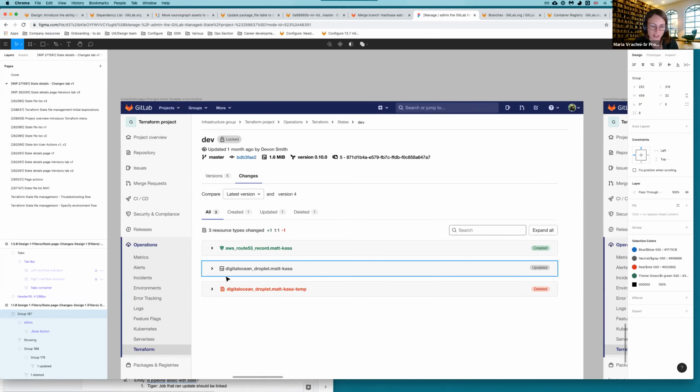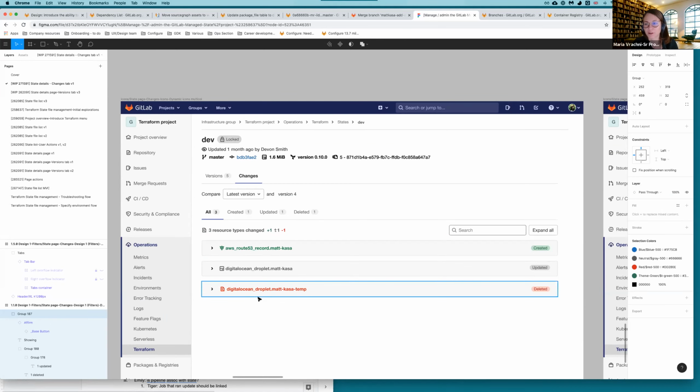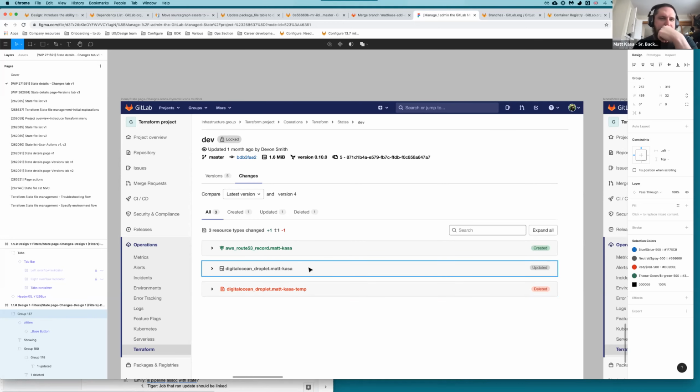Could we have dynamic icons based on the type of resource? Maybe we don't have enough icons, but I thought it's a nice idea. It is a nice idea. I think the icons would probably be